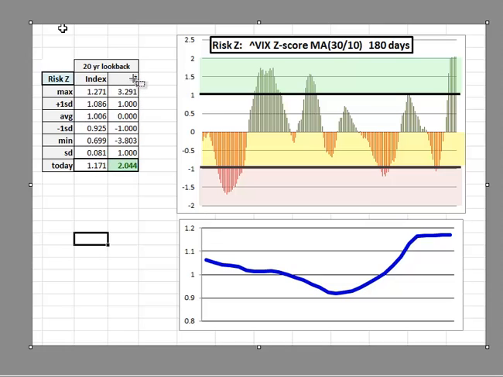When you convert that to the z-score, which is the value minus the average divided by standard deviation, you find out that today's value is over 2 standard deviations above the average. If you treat plus or minus 1 standard deviation as normal, this is really an extreme lack of volatility. You can see how the volatility is leaving the market, and it's at an extended range here for like 6 days. It's been above 1.0,